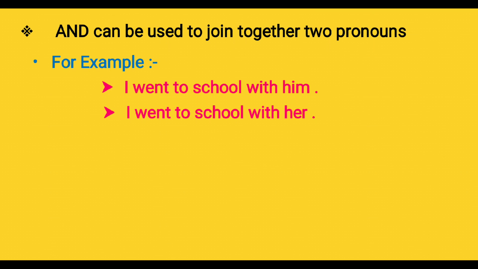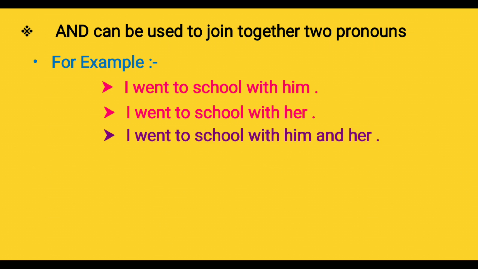We just pick out the common part of these two sentences. Which is the common part? I went to school with is the common part. So first of all we write I went to school with, right? And what pronouns are there? Him and her. Okay, so we will write the answer, I went to school with him and her, both. It means that I went to school with him and her also, right?